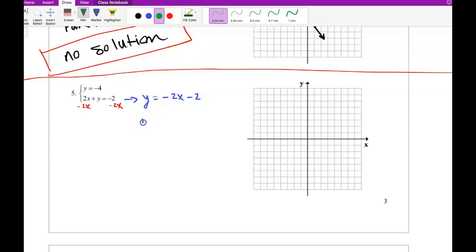What we have here is slope is negative 2, so denominator 1, and y-intercept is 0, negative 2. So finding 0, negative 2, and slope is negative 2, so 2 move down, and positive 1 to right. Connect these 2 points